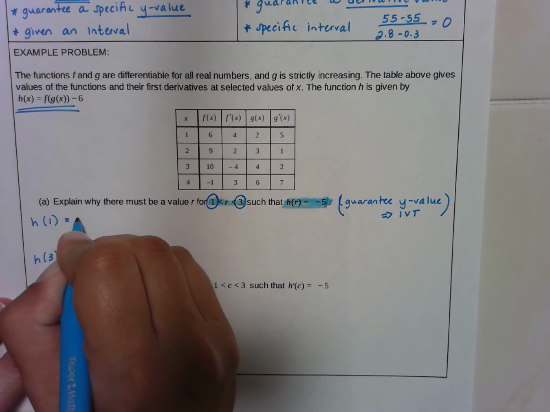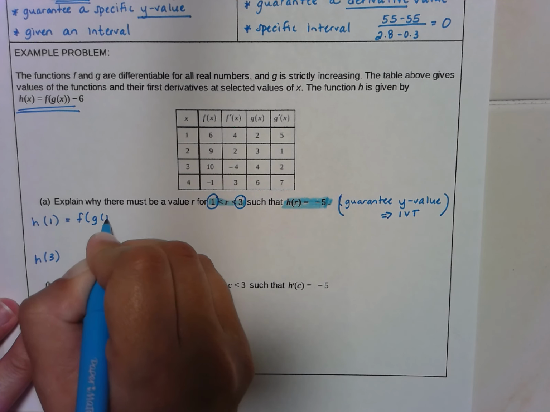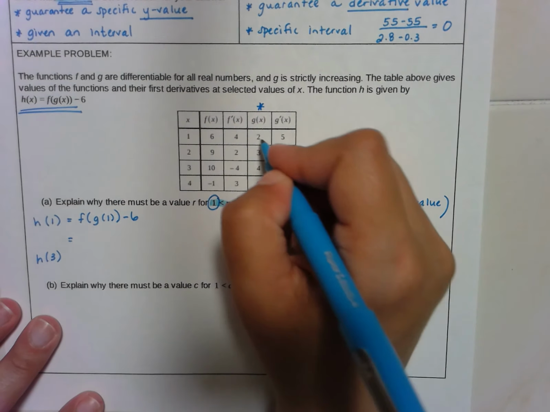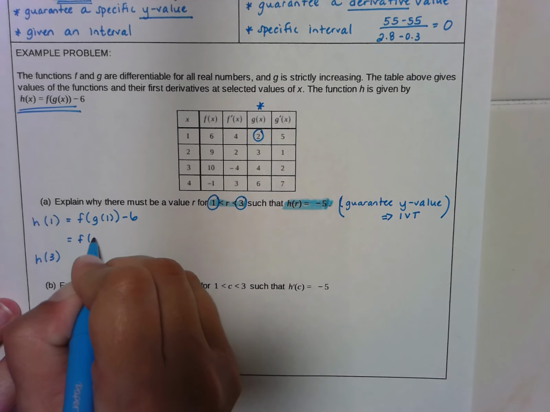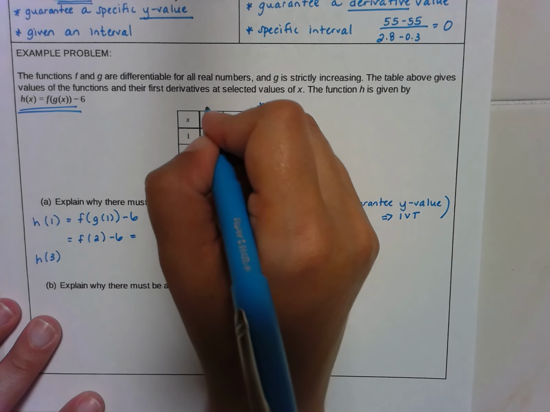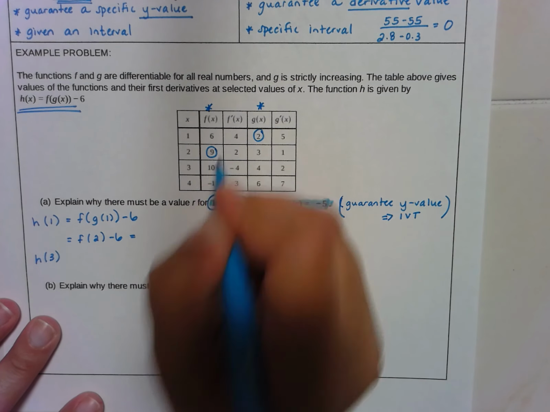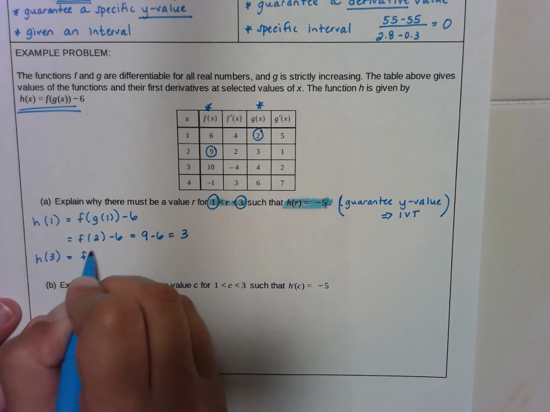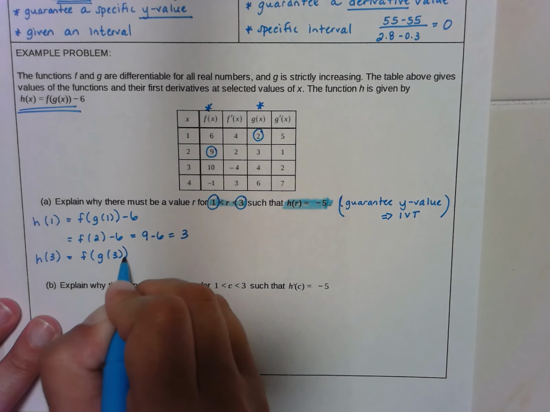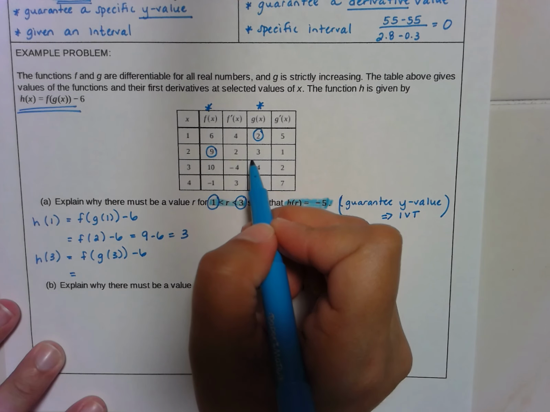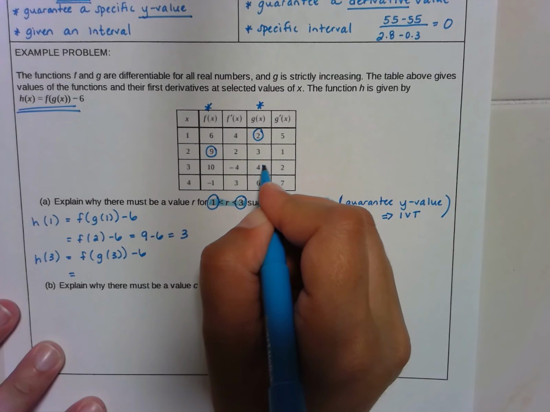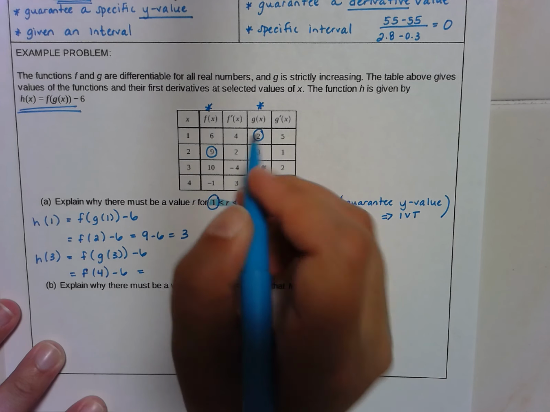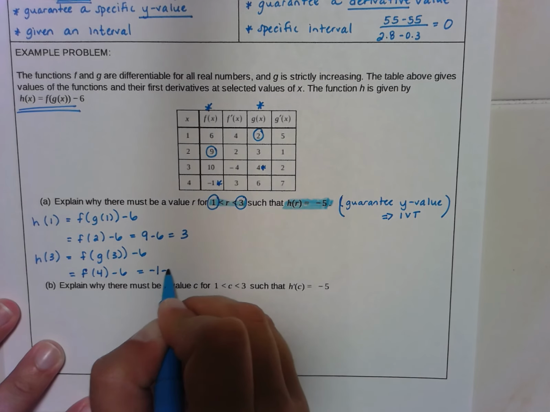So h of 1 means plug in the number 1, which means I would have f of g of 1 minus 6. Now, g of 1 I can get from this column of the table, which would be 2. So I would have f of 2 minus 6. F I can get from this column of the table, and f of 2 is 9. So I would have 9 minus 6, which is 3. H of 3, I would follow a similar process. So I would have f of g of 3 minus 6. G of 3 would be 4. So I would have f of 4 minus 6, and f of 4 is negative 1,